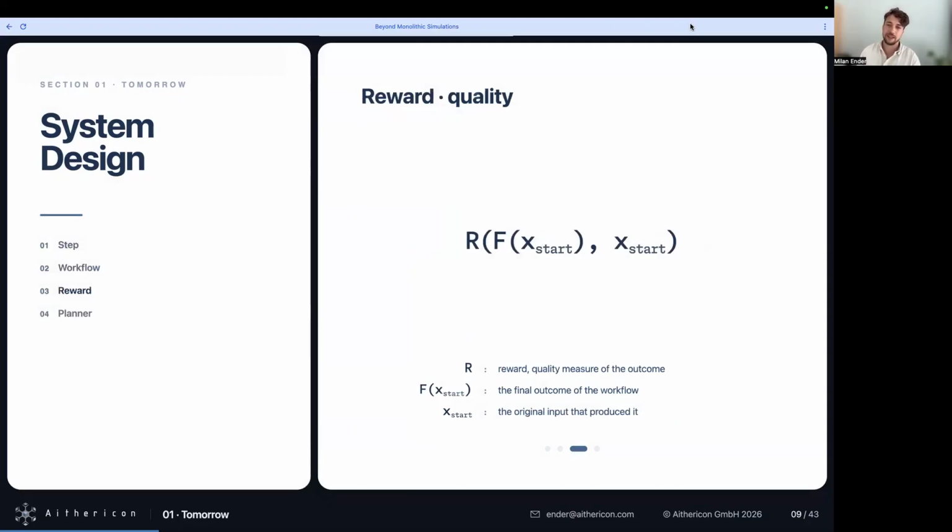And now if we go one step further and think about how we can make automated research in some sense, or even semi-automated research, we need a formalism that rates the outcome. So the quality of our result, the quality of our insight, or if you already go into a little bit the perspective of the optimization algorithms, you can call it a reward function. So that takes the initial parameter, our final result, and grades it for an outcome, whatever that grading might be. That will be very much dependent on the use case.